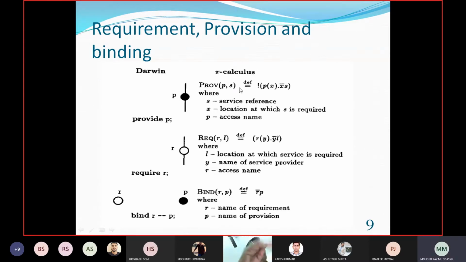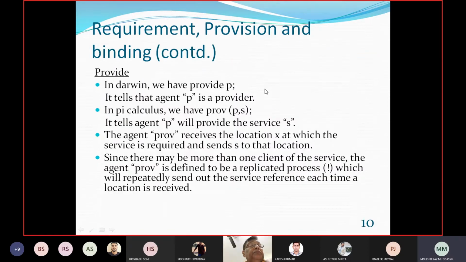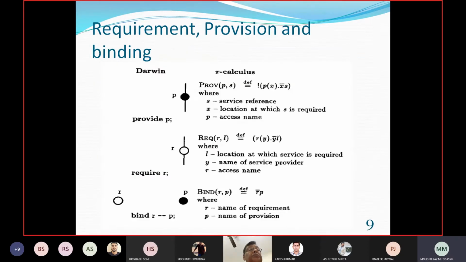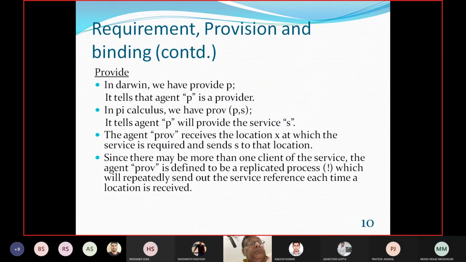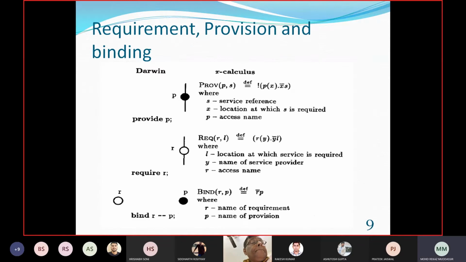Here, the agent PROV, this is P, receives the location X. S is the service reference, X is the location at which S is required, and P is the access at which the service is required, and it sends S to that location. Once P gets the location where the service is needed, it will send that service.